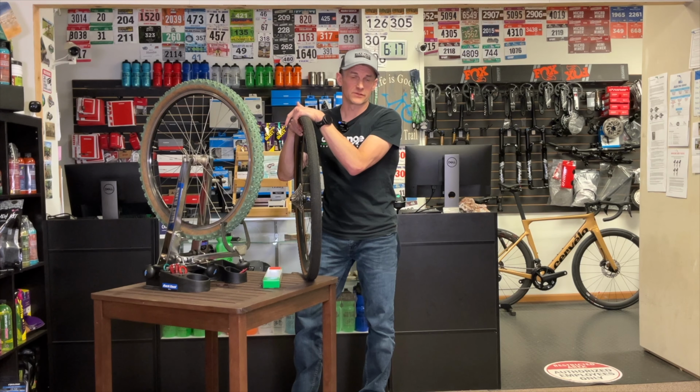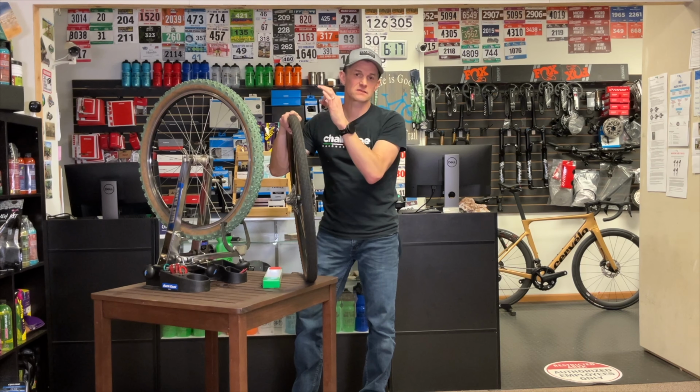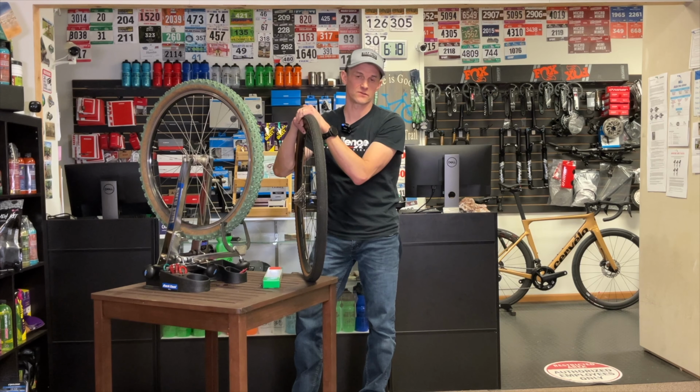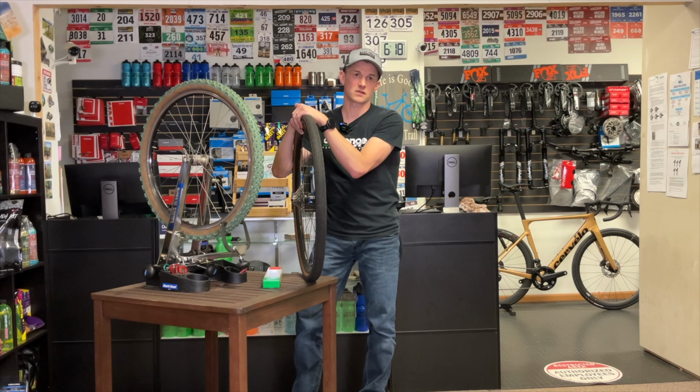and we pop your bead off and your tape comes with it. And so now you're retaping a rim, and all those types of things. So it's some things to be cognizant of when you are bringing a wheel in for service like that, or even if it's true. So if you're trying to save some costs and you don't want to pay the shop,